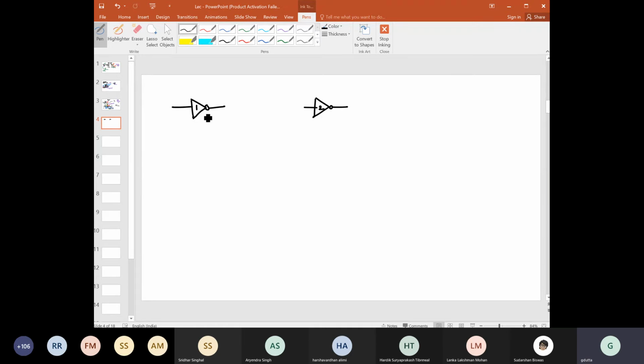Now this is one inverter output. This is the input of another inverter, the second inverter. So in between you need some path. So let us say that path is the interconnect. You have to obviously use some interconnect. This interconnect may be some metal, maybe some polysilicon line like this. So you have connected through interconnect the output of this to this input. And let us say two cases.